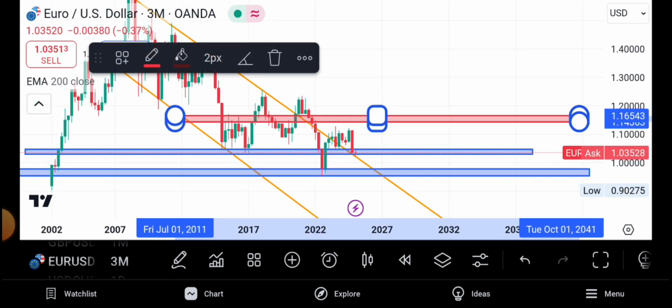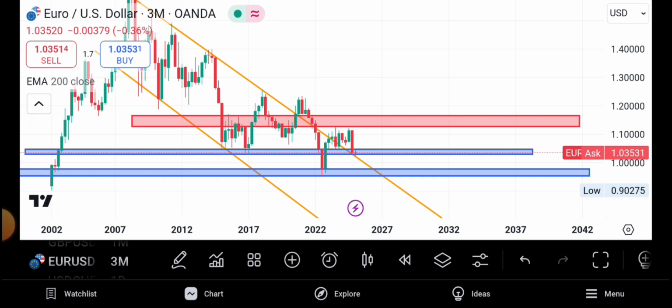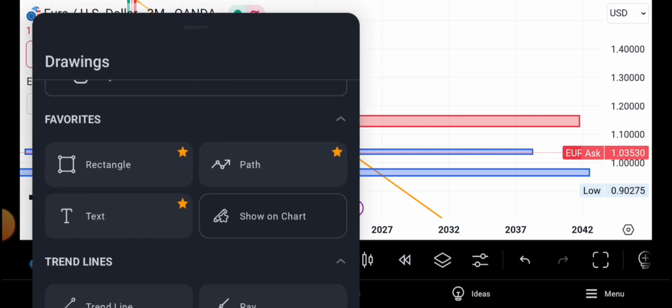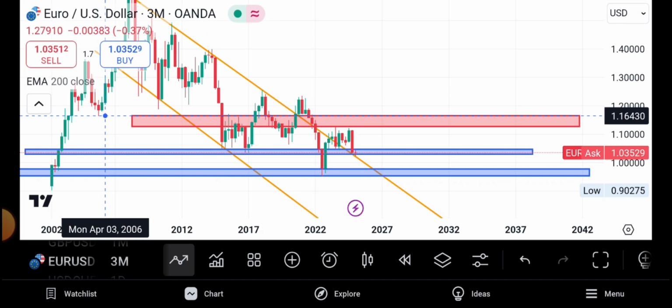That will be the red line, like that. So that will be our resistance zone. You will notice that this zone was used as a resistance, and then resistance again. Are we together? If you extend this rectangle box, you can see it was used here as a support, here as a support. Are we together? And also here, it was like a support.